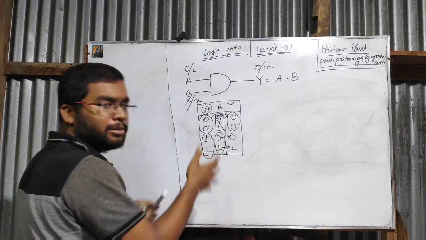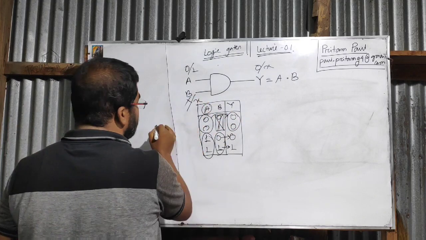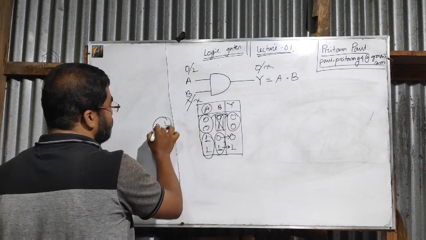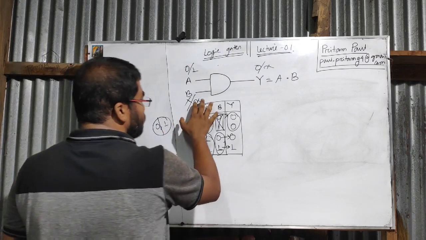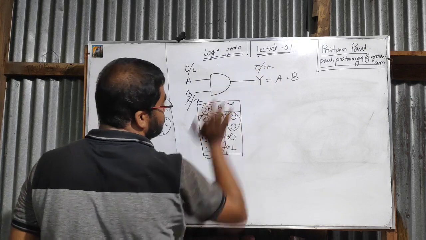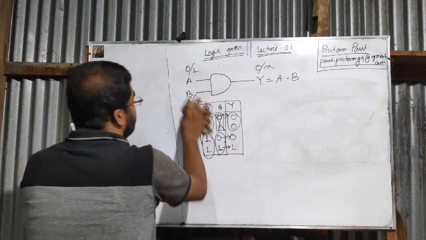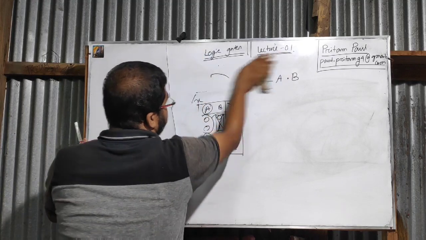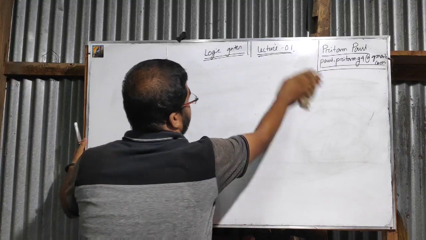If B is X, for example, let us consider it is X or any variable, X will be either 1 or 0, as the input is in binary form. If B is X, the output is X. That means output is B. Now let's talk about the OR gate. What is the OR gate?